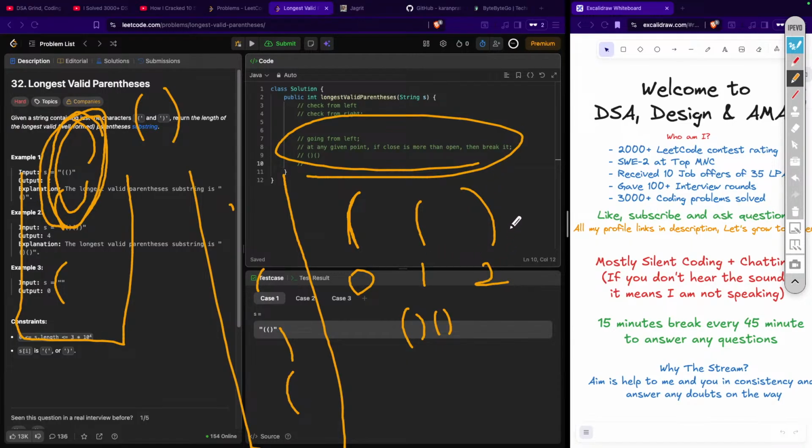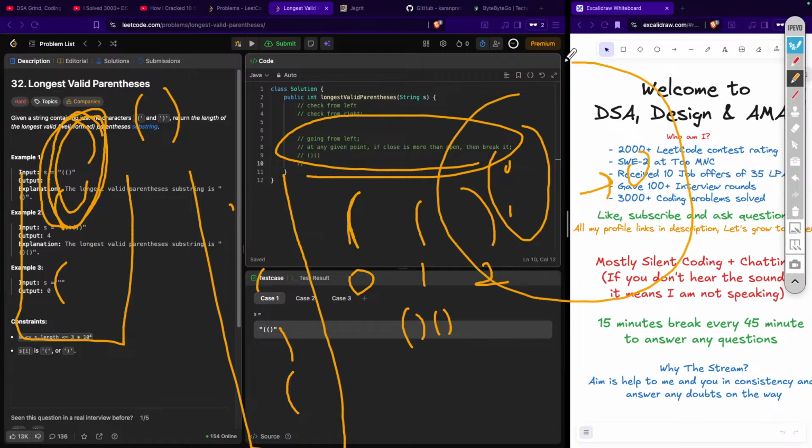So wherever you were at i, everything before that is now valid. That part is valid. But let's say if it is not empty, then whatever was at the peak,